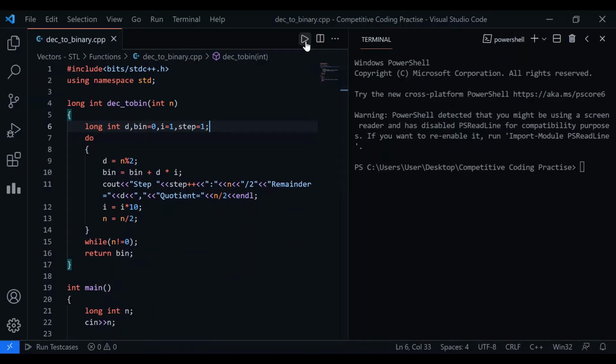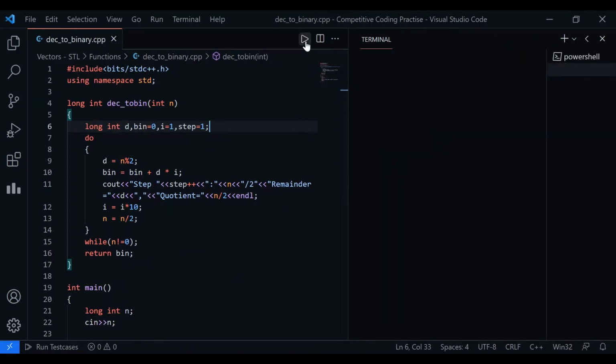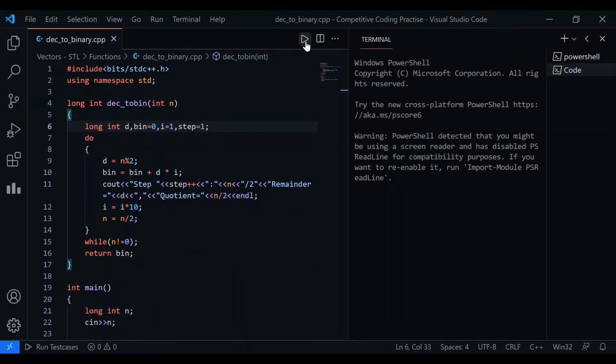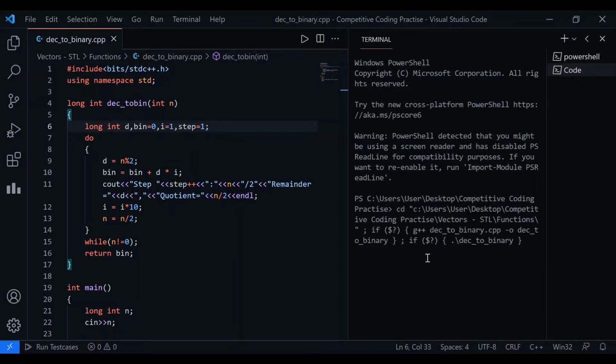So now we'll be running this code. Let's take a number which is 9. We had seen two examples, two test cases: one is 9 and one is 17. So first we'll be working with decimal number 9.